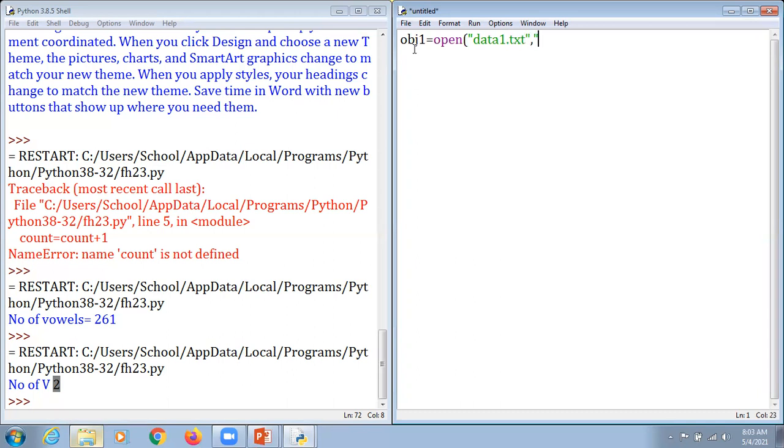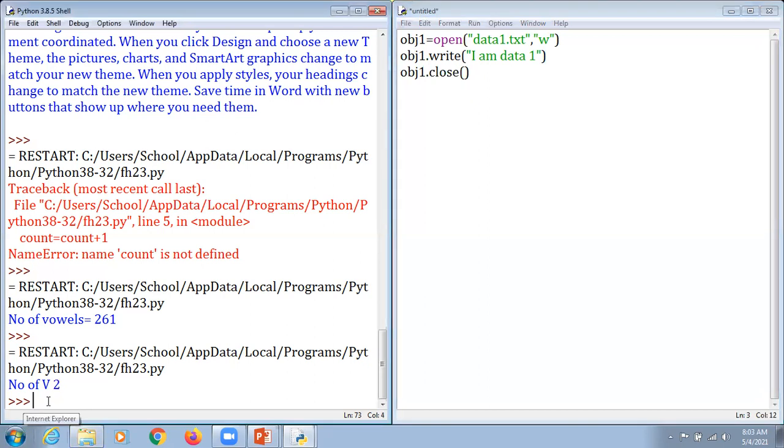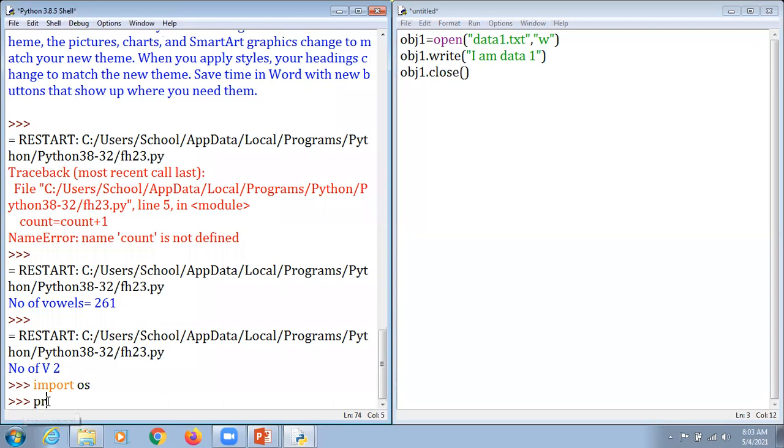After that, we are going to write to that file using obj1.write, and I'm going to write here: I am data1. Then we mention obj1.close here. But this time, if you are looking for the current working directory, we do import os here and print os.getcwd.